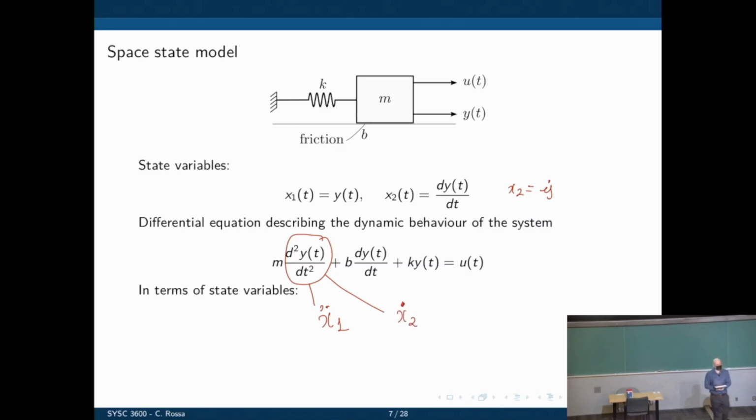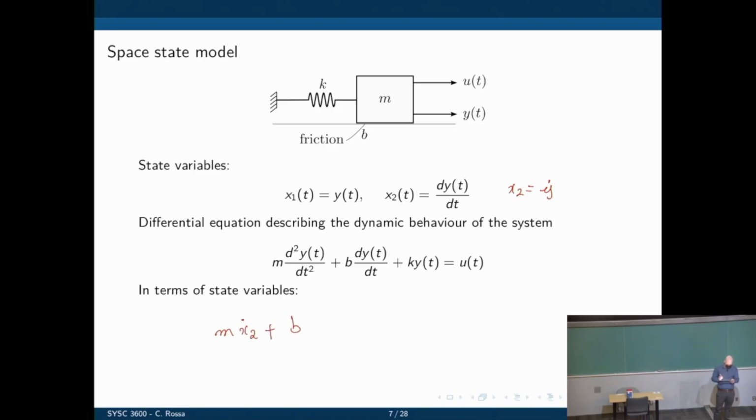Which one do we go for? Well, if we convert this into a second order differential equation, we are just walking in circles. We didn't do anything. So instead of using the second order, we use the first order. Use always the lowest available derivative, which in this particular case would be x2 dot. So this equation can now be rewritten using the variables we created, and this becomes m times x2 dot